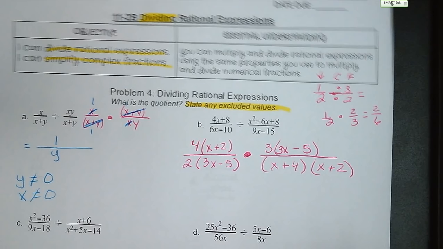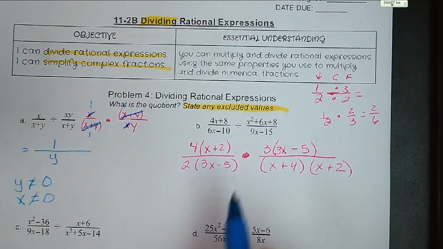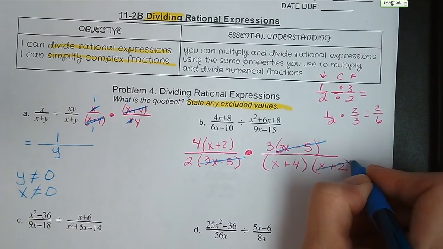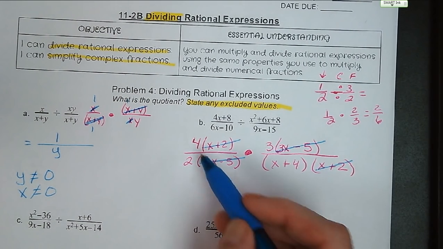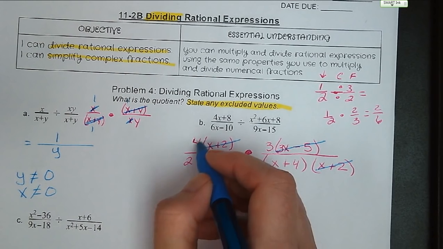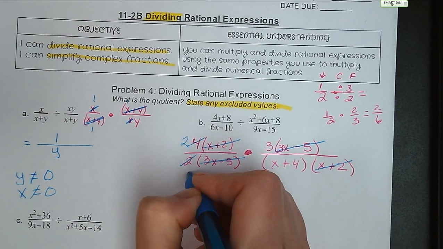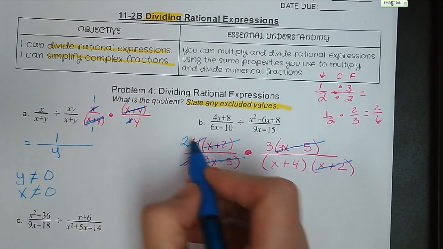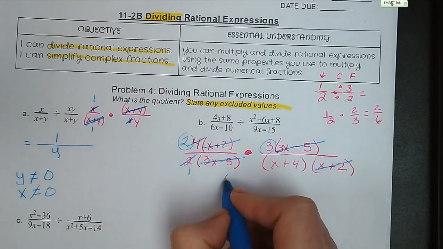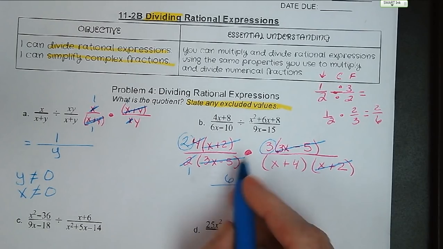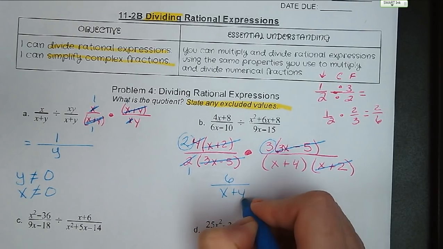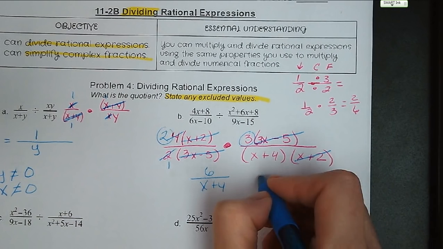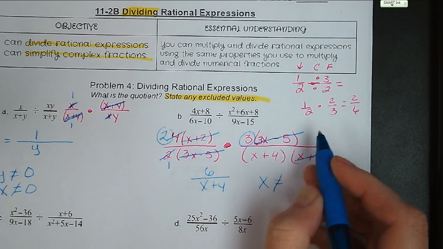All right, so now we can cancel the 3x minus 5s. And we can cancel the x plus 2s. And we can reduce 4 over 2 and make that 2 over 1. And it looks like that's all I got. So now we multiply across the numerator. 2 times 3 is 6 over x plus 4. Okay. And our excluded values for this one would be x cannot equal